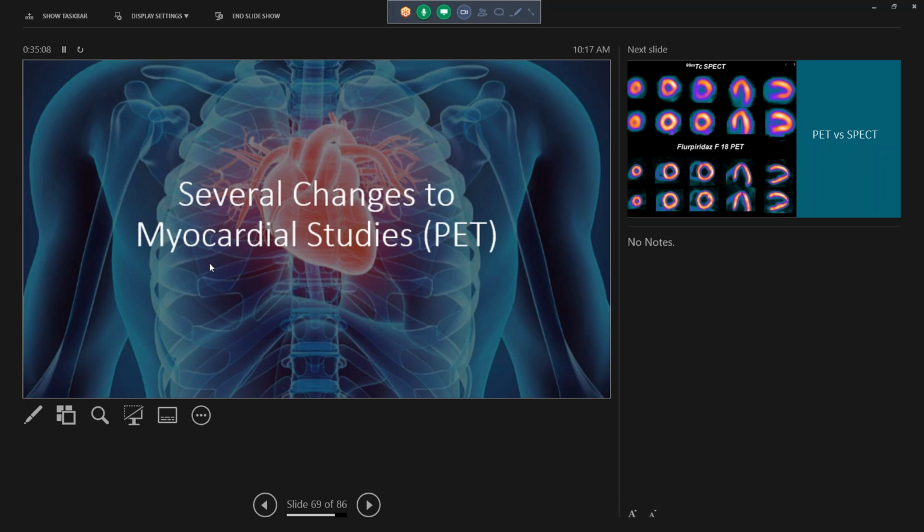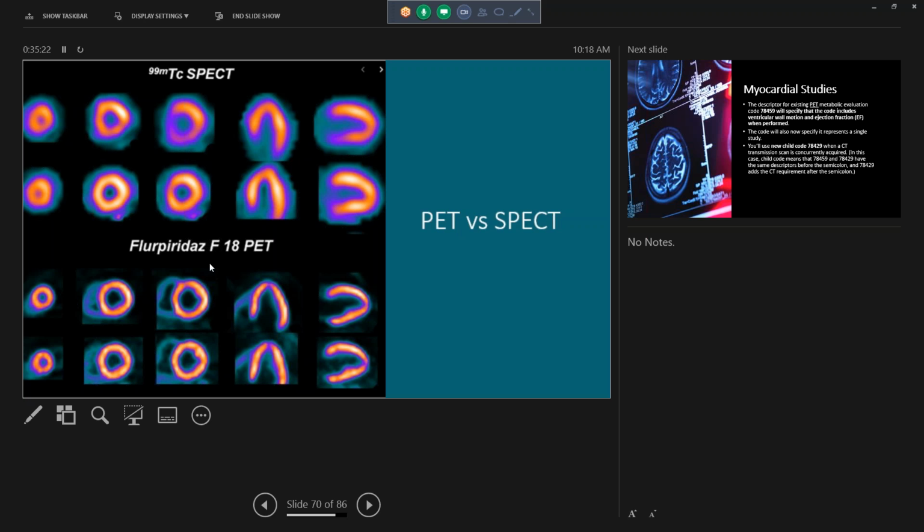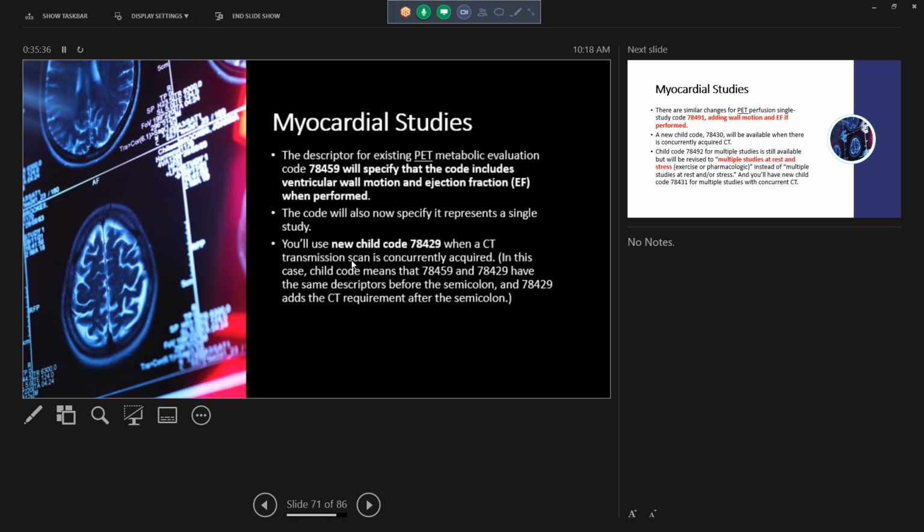Cardiology, folks. Most of the time, when you guys order a nuclear stress test, you do a 78452 and a 93015. Okay. So they've added a bunch of codes for nuclear stress tests that include SPECT or PET scans. So here's what a SPECT looks like. You see how it's a little blurry, and apparently PET scans are a little bit more crisp. So I don't think it's going to impact you guys at all. But the descriptor for the existing PET metabolic evaluation 78459, which includes ventricular wall motion and ejection fraction when performed. So you guys might want to just look at 78459, and there's a new code 78429 when a CT transmission scan is performed. Your doctors are still going to just order nuclear stress test,